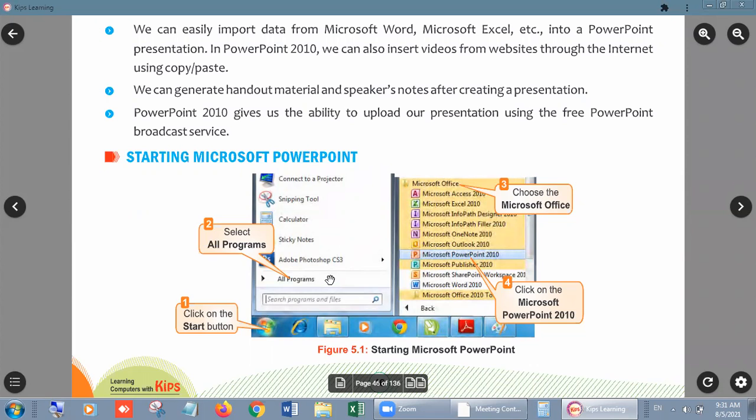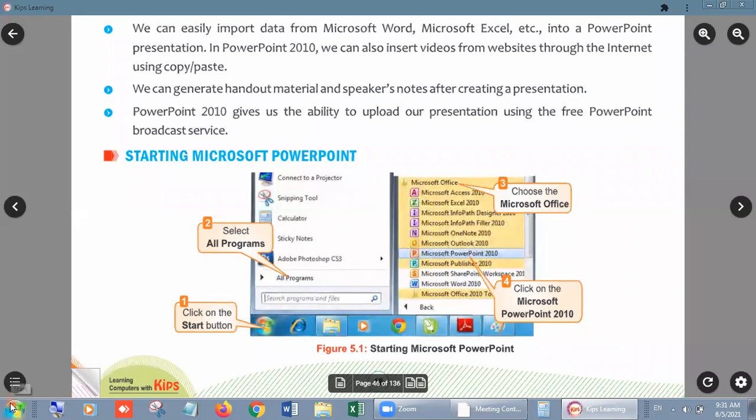After all programs, you will go in Microsoft Office. After Microsoft Office, you will get all these Office softwares. And from it, you have to click on Microsoft PowerPoint 2010. That is indicated by the P logo, P for PowerPoint. Let's start. I am opening it side by side.